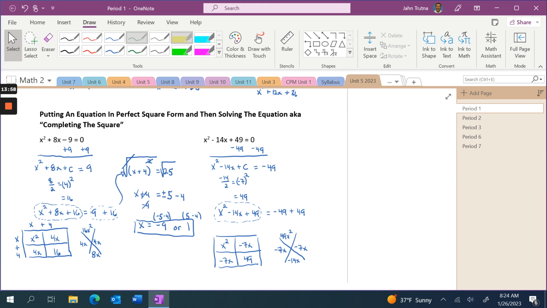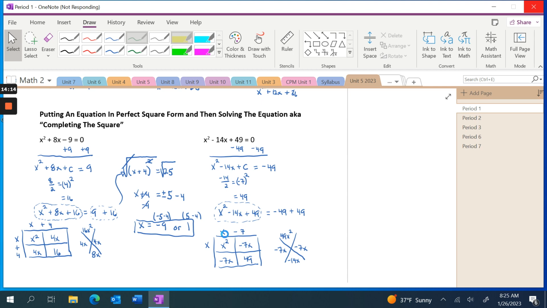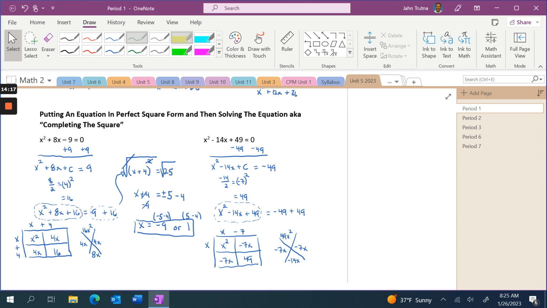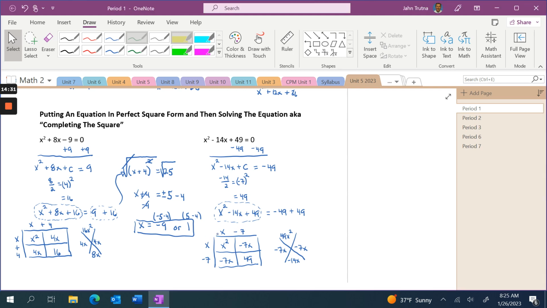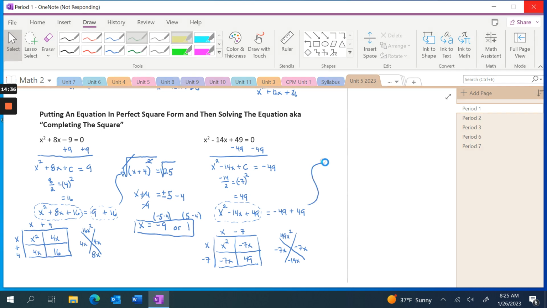Now we fill in the outside top and left of my area model. I'm going to have an x and an x because x times x is x squared. I follow the x on the outside left over to the -7. I would have to multiply -7 to make -7x. So my top of my area model is x minus 7. The left side of the area model is also going to be x minus 7 because -7 times x is also -7x. Okay, so if you notice when I factored it, I have an x minus 7 and an x minus 7. So that tells me my equation,